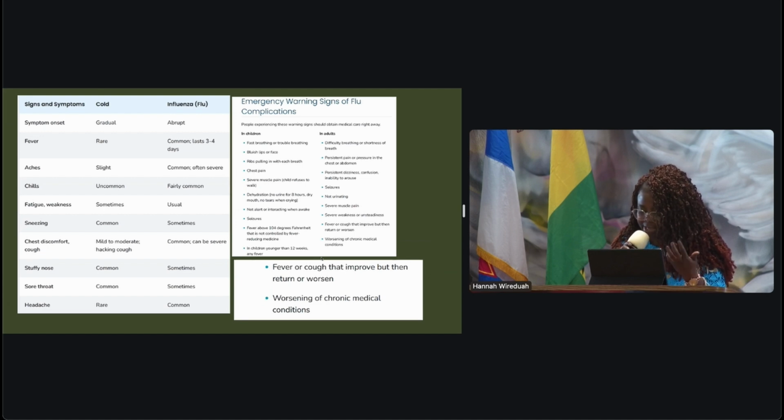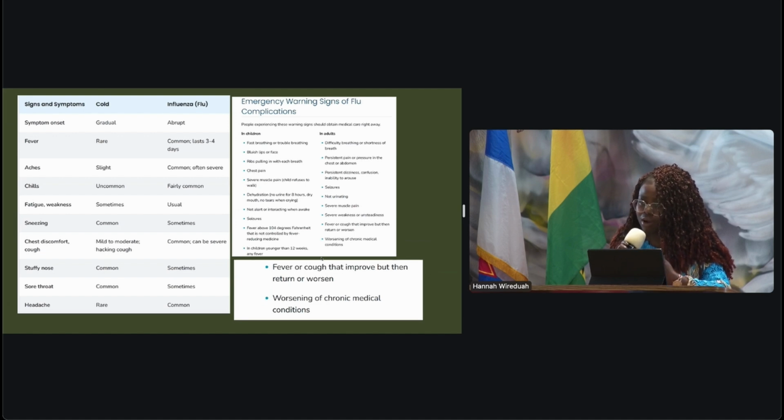And a seizure is very important to note, because in that case, if flu shows those symptoms, it is an emergency, so go to the hospital. And if the child cries with fever over 104, or a fever that is complicated, call the hospital. In a child younger than 12 weeks with fever, also call the hospital. And when a child with flu has fever, it is also an emergency, so call the hospital. If the fever and cough come back and are more severe this time, also go.